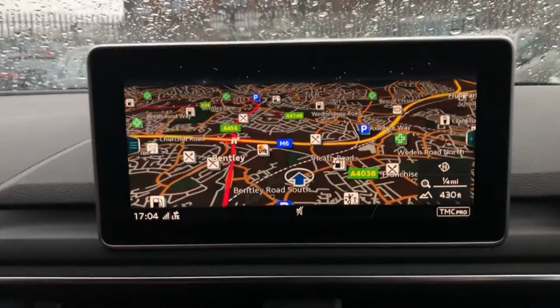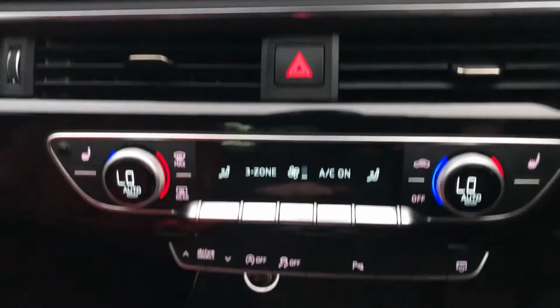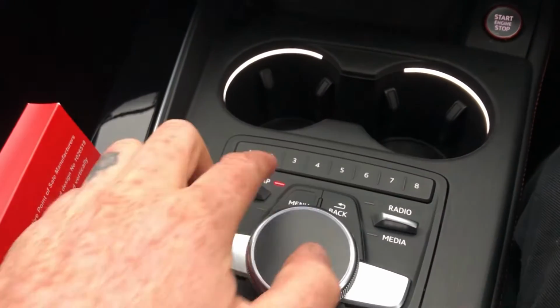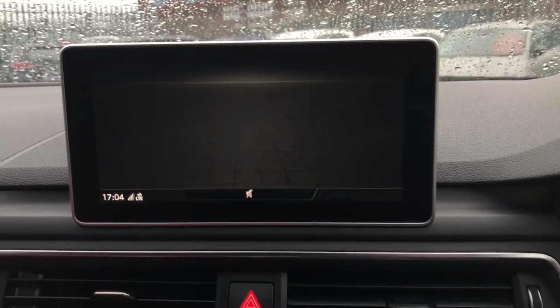As you can see now, it's got a nice little graphic on there with the stars because it's getting a bit dark here at HQ. And you can see it is controlled by this just here. Now if I click on the menu button, you'll see that you can go on many different settings, such as